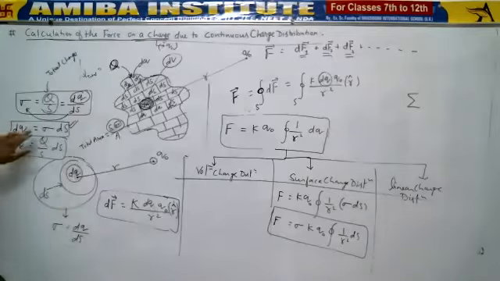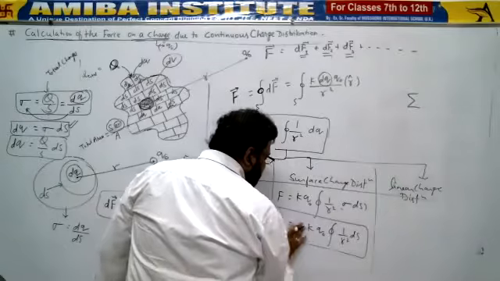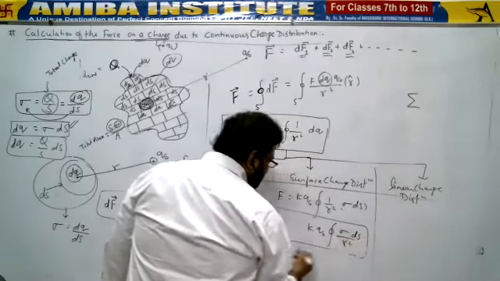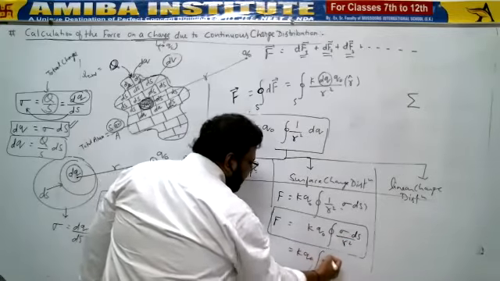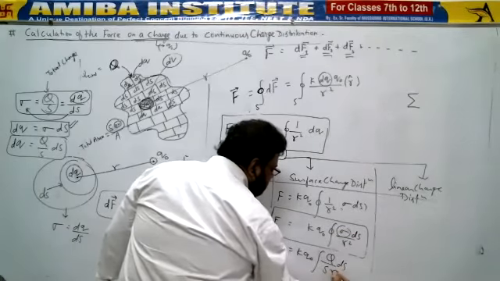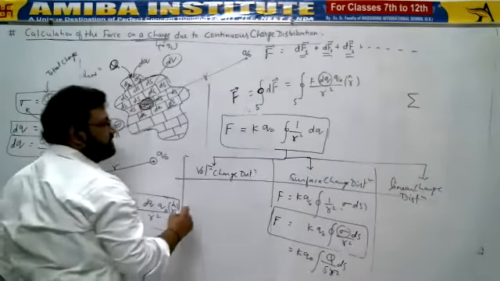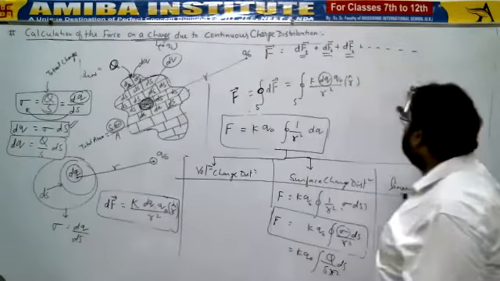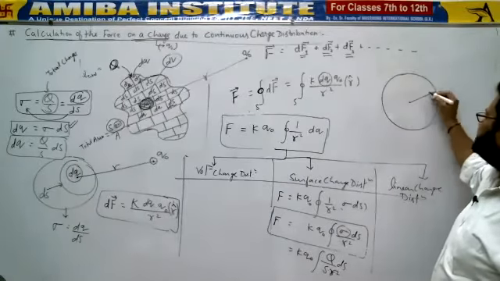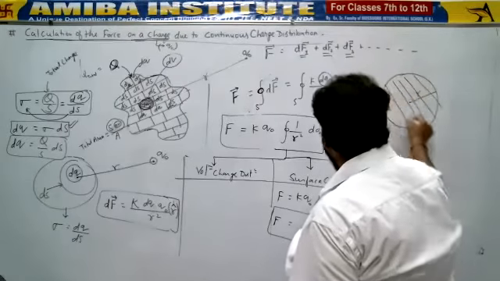If you know the sigma, what is sigma? Don't take it outside, put it here: sigma ds upon r square. Now substitute k q naught and the sigma value q by s, ds upon r square. Now, if you know the regular figure, for example, beside this random figure we have given a circular shape. Can you tell me, if r is the radius, what should be the total surface area of this circle? Can you please tell me?